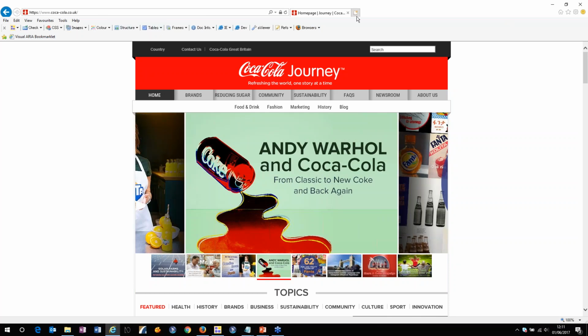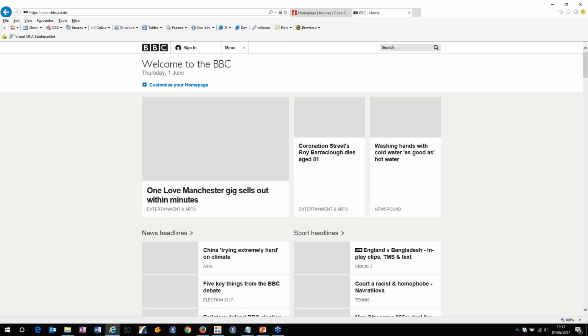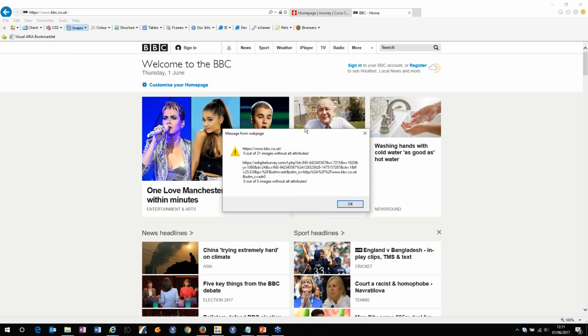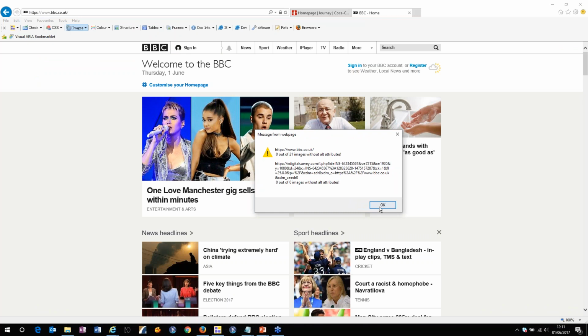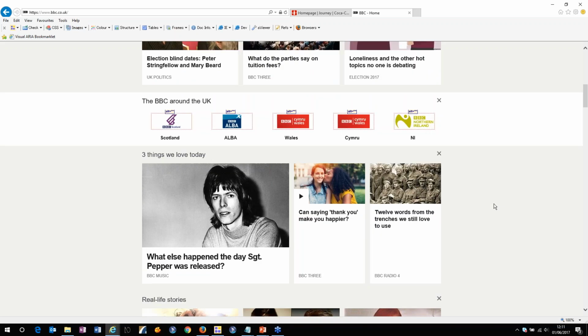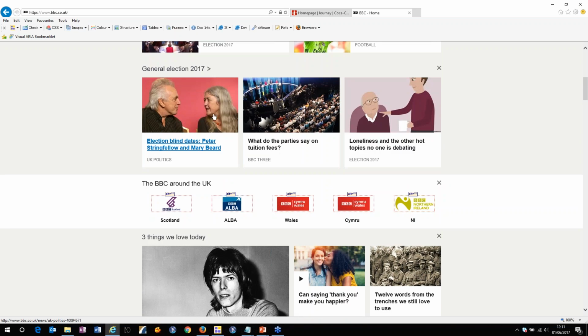And what that does, I'm just going to bring up another website to try this, but the CodeCoder one might be a bit overwhelming. But what I can do there is quite easily show the alt text and get an alt text report for all images on the page. So it's telling me there's no images missing alt attributes. If I click OK,